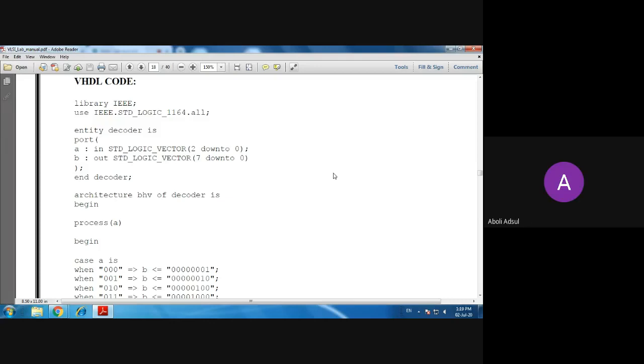Three. 3 bit means how many standard logic vector bits do you require? 2 down to 0. That means 3 bit. How many bit output do you have? 8 bit. Written here 7 down to 0.